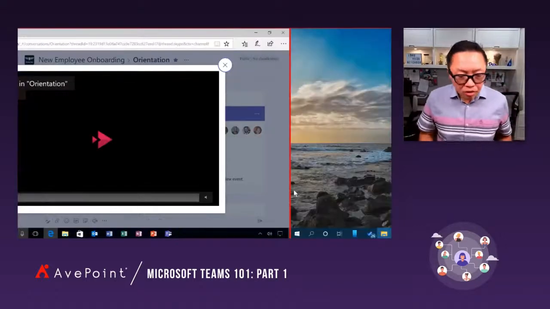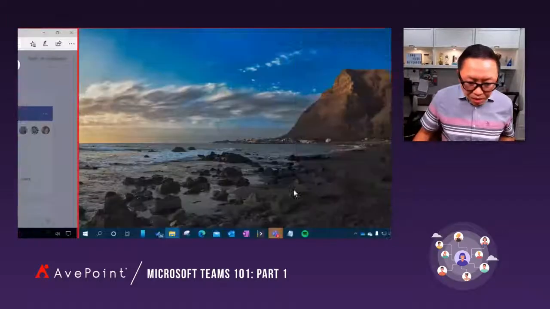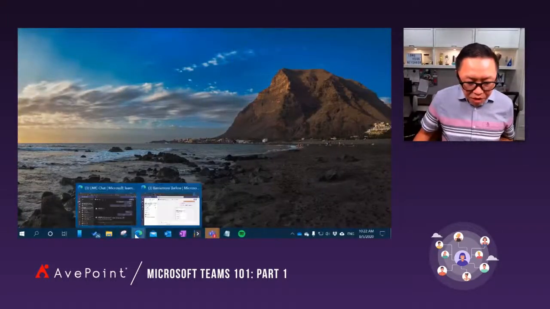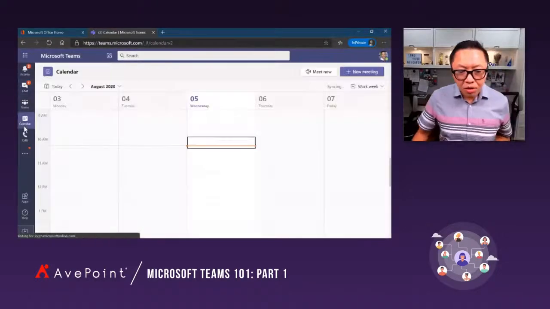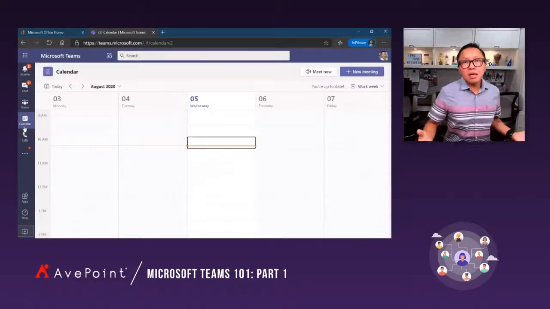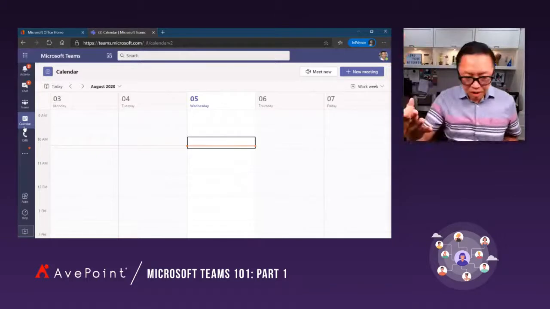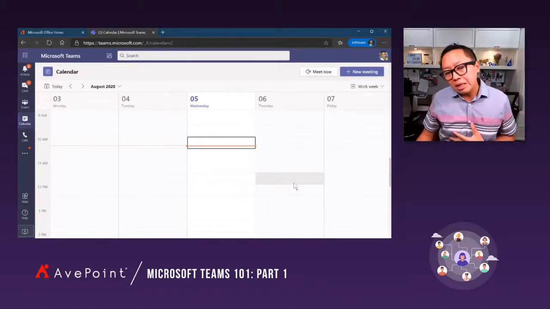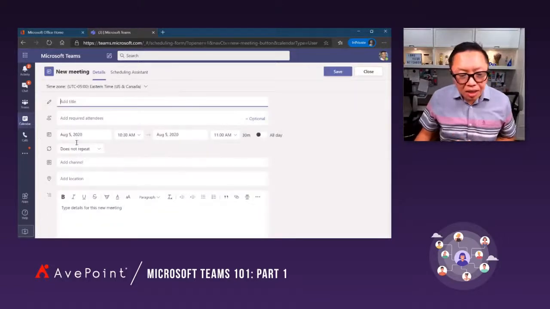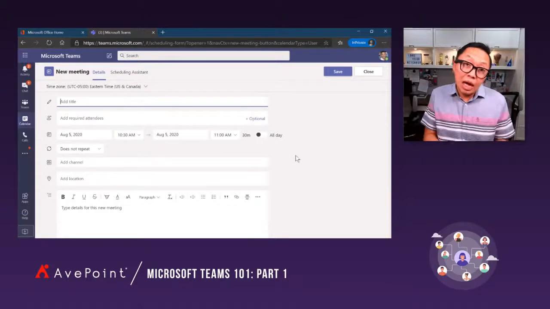And how do you start a meeting? There's certainly a couple of ways, very straightforward. It's nothing out of the ordinary here. If you want to start a meeting, there are really three ways to do this. Number one, you could do it in Teams. In fact, I do everything in Teams now. So you can hit a new meeting. You put in the title, attendees, what have you. You can do it that way.